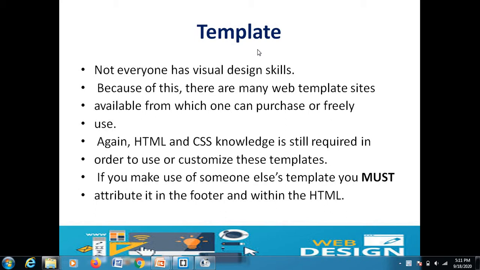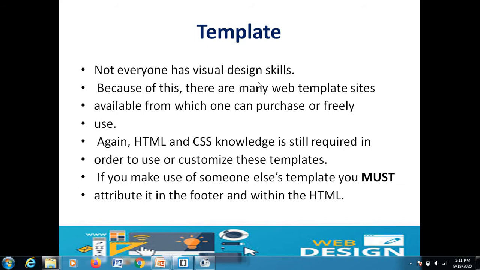So for websites, we can also use templates. So let's understand why we use templates in our website. See, till now we have learned about HTML, CSS. So now we can make a beautiful website using HTML and CSS. I will show you an example of that. In tomorrow's session we will make a project about HTML and CSS. So now let's understand about templates.